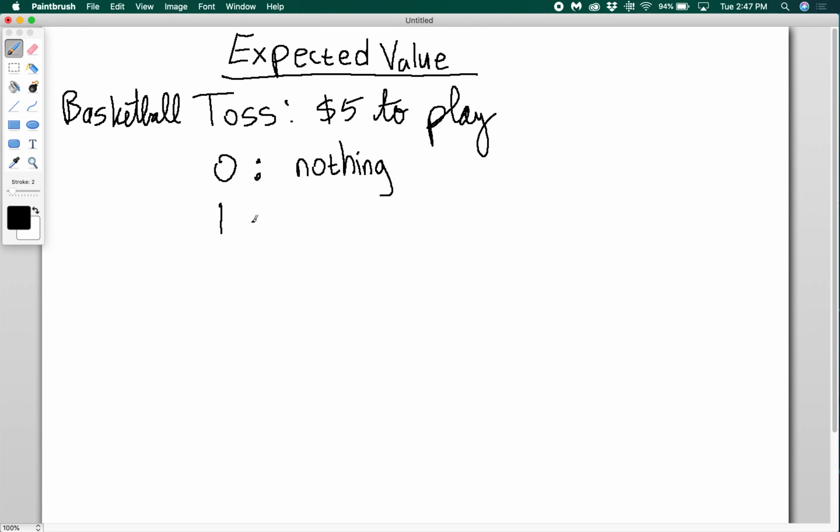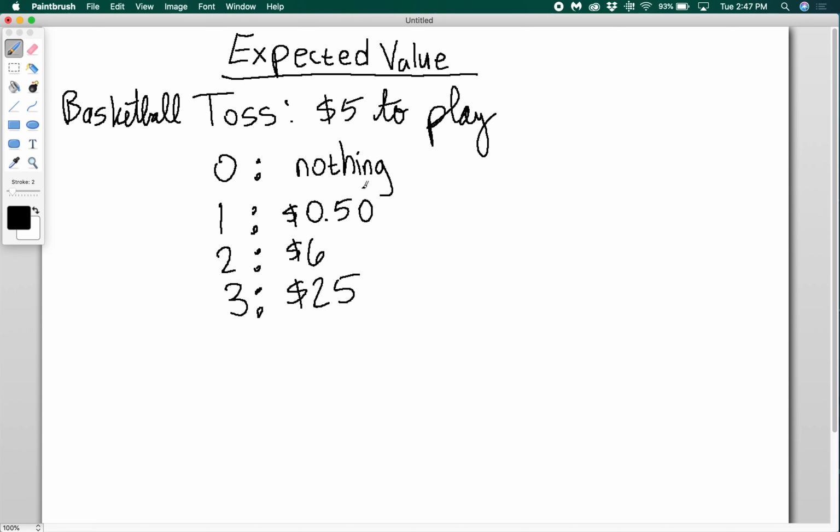If you get 1 basket, then you win 50 cents. If you get 2 baskets, you win $6. And 3 baskets, you win $25. And this is not in addition to giving you your money back. There's no money back in any of these cases. This is just you pay them 5, and then this is how much you win